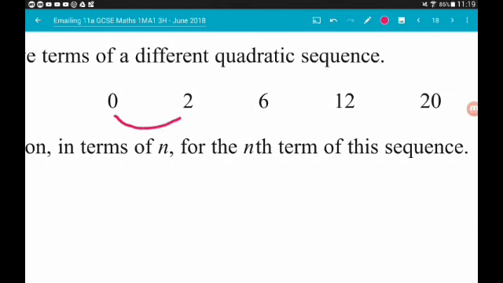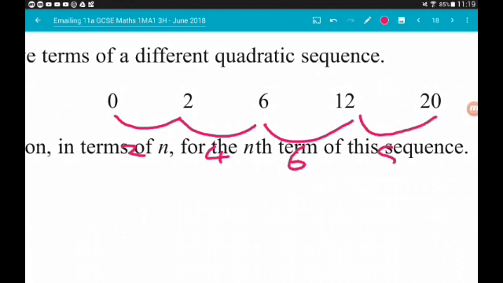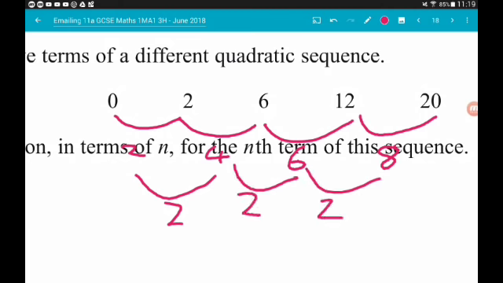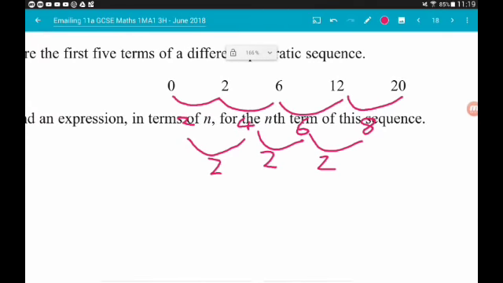So 0 to 2 is 2, 2 to 6 is 4, 6 to 12 is 6, 12 to 20 is 8. Find the difference of our differences. So we're adding 2 each time. So that tells us the quadratic part of this sequence is, well, half of 2 is 1. So the quadratic part